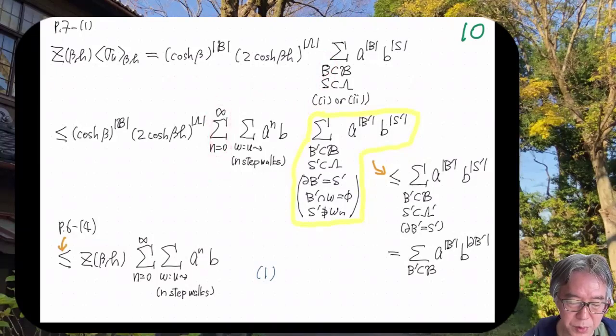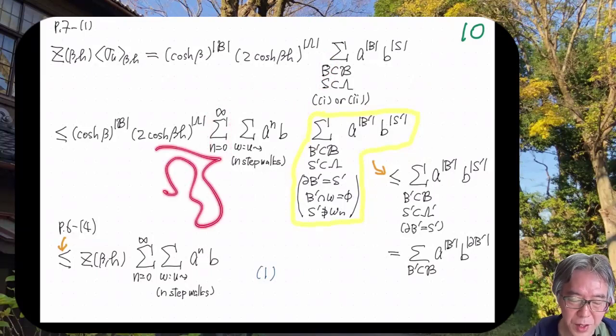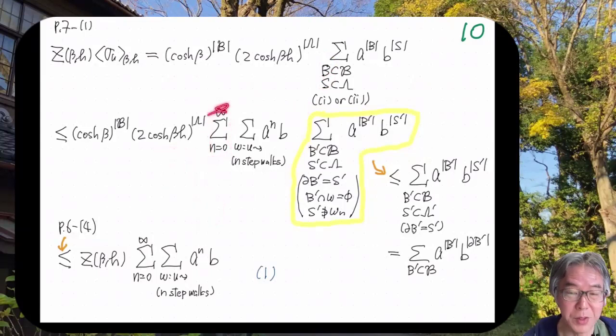So it starts from step 0, which doesn't do anything, to something else. But of course it never reaches infinity, because we're in a finite system. So this can never be infinite. I mean, it's at most this. But anyway, we are dealing with an upper bound, so we don't care. We just write this. And here is the sum over W, the random walk that starts from U, and it